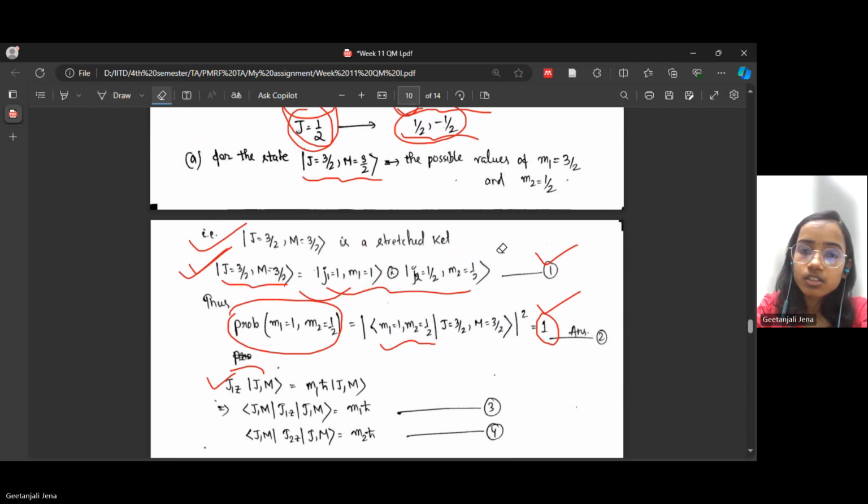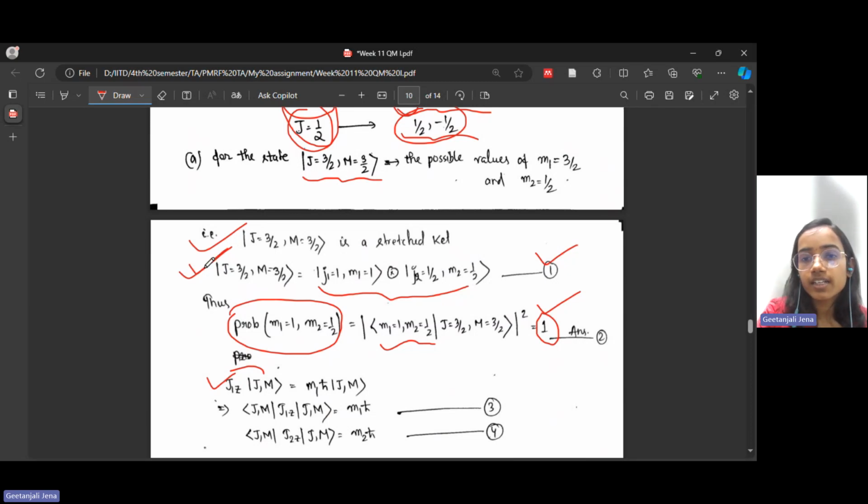Let me erase this one. So |J M> is a stretched state, so you can write it in terms of an uncoupled state with no linear combination. That means, in equation 1, if you act with J1Z,